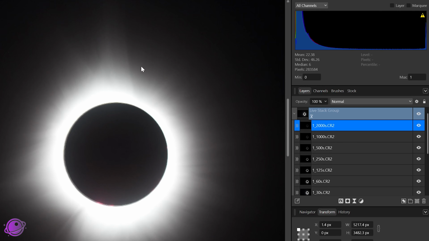If we zoom in, we can see that it did stack. It did some kind of stacking, but by default, Affinity Photo does a median stack, and we want to do a mean stack where we're averaging out all the pixels and putting them onto this canvas. To do that,